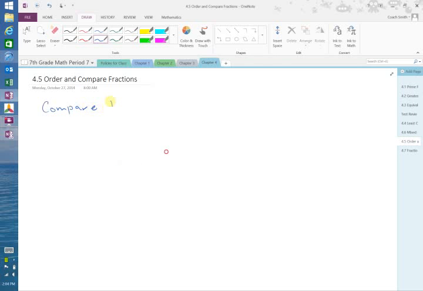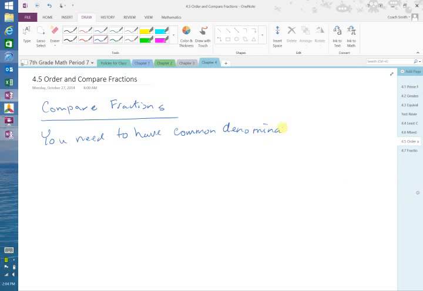Fractions. To compare fractions, you need to have common denominators. For example, if I was comparing 9/16